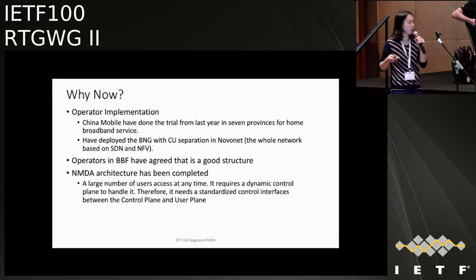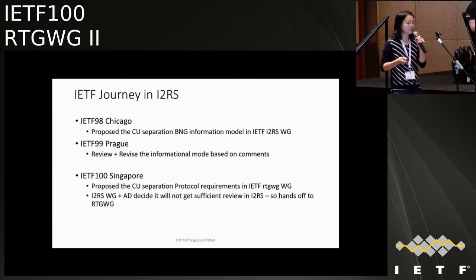And besides, the network management datastore architecture has been completed, which we can refer to in our BNG device, because when a large number of users access the internet, we need the control plane to be dynamic enough to handle all these users' access. We think it is the right time to come up with the CU separation information model. That is the reason why.